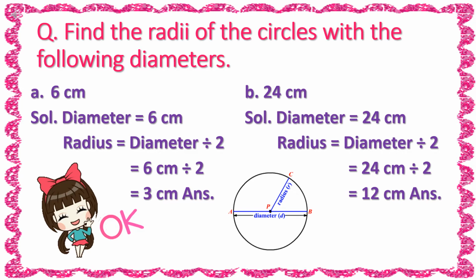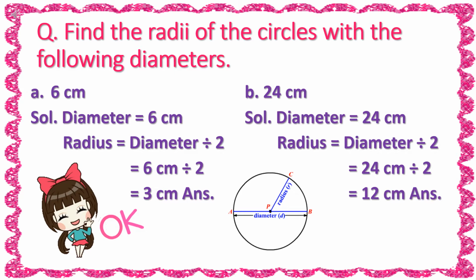So, first step में हमने लिखा था diameter is equal to 6 centimeter. Next step was radius is equal to diameter divided by 2. This is our formula. And now in next step we will write the value of diameter. और value क्या है diameter की हमारी 6 centimeter. So 6 centimeter divided by 2 is equal to, you know, 2 3s are 6. तो 6 को जब 2 से divide करेंगे we will get the answer 3 centimeter. That means the circle which has the diameter of 6 centimeter will have the radius of 3 centimeter. That means radius is equal to 3 centimeter here.